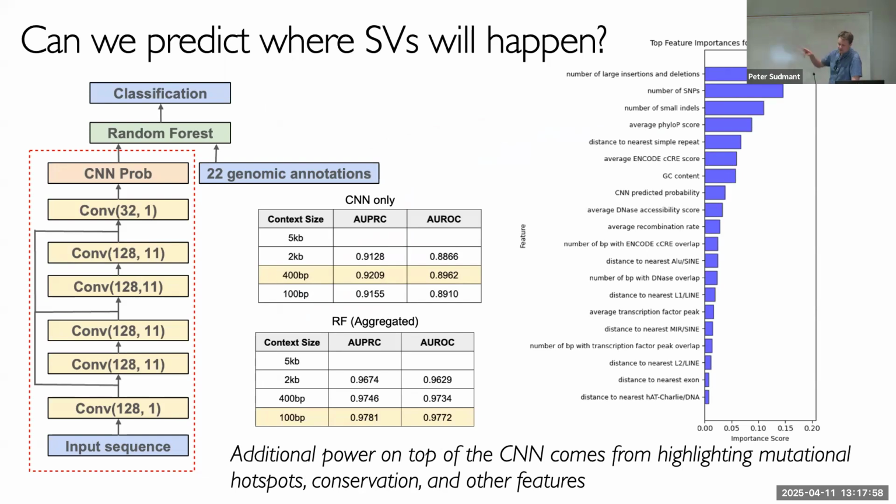And I don't have it on here, and we haven't done it yet, but we can extract from this the k-mers that are coming up. Those k-mers are sequence features that are strongly predictive of structural variants, and not surprisingly, they are k-mers that are enriched in non-canonical DNA structures. So G-quadruplex forming structures. We haven't done the Z-DNA one, but probably, right? Yeah. So I just think that's kind of cool.